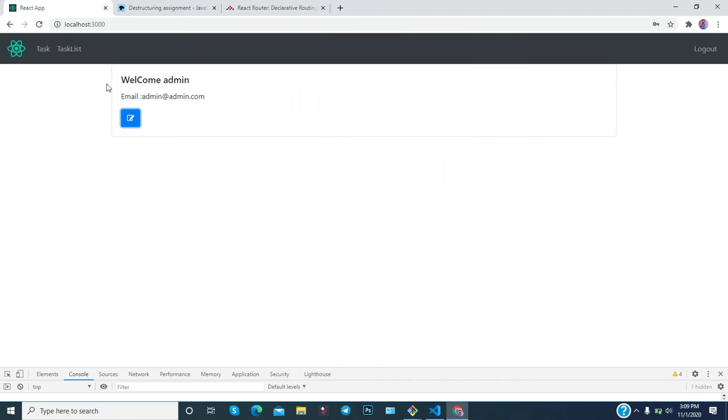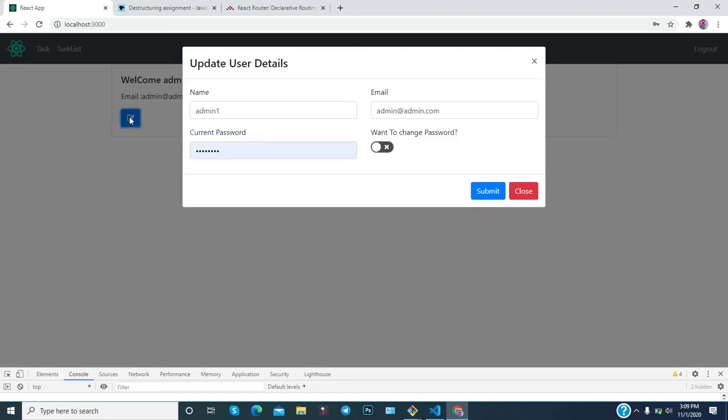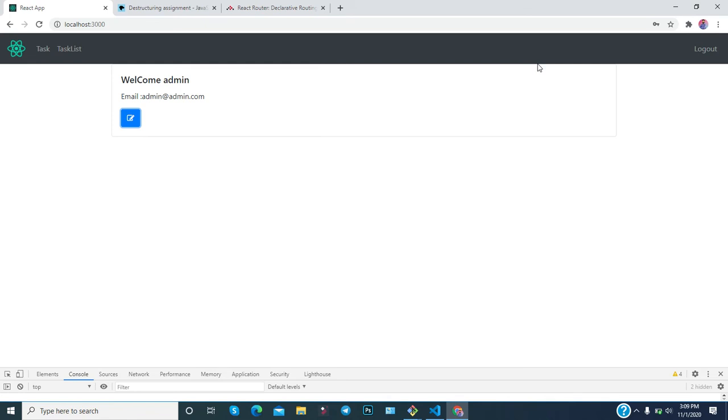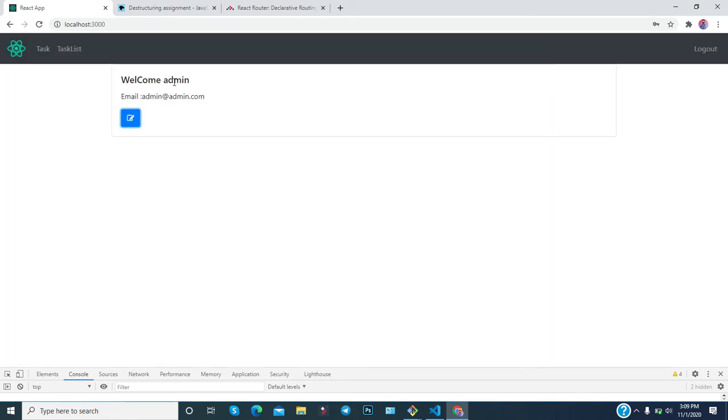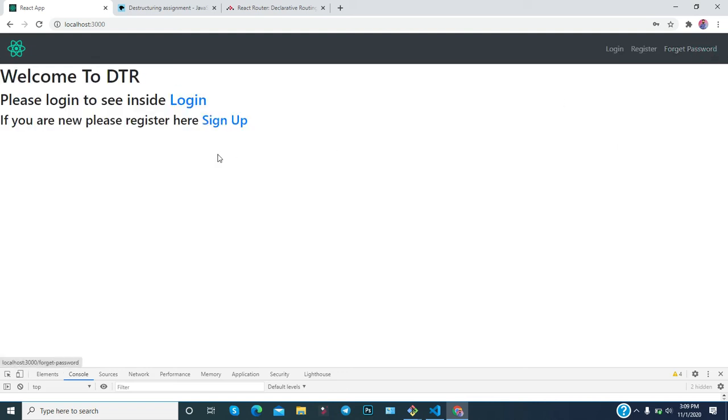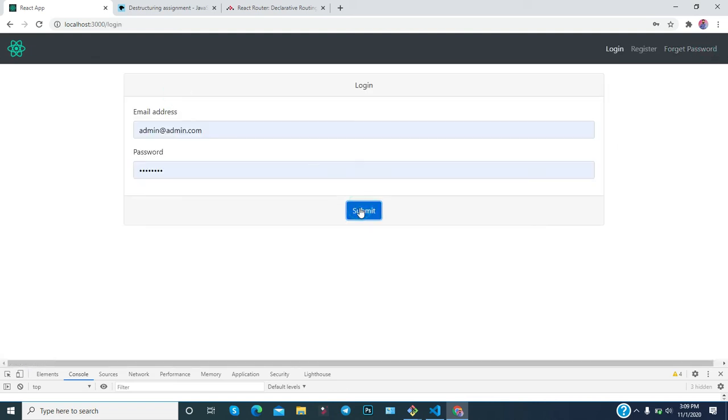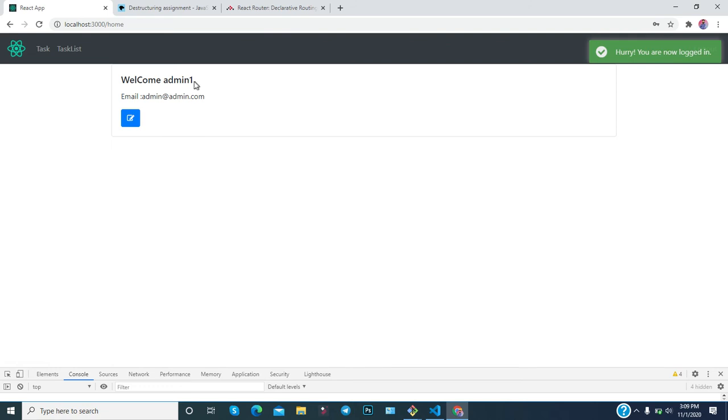Now if I go to task, since the user is updated but this information is not saved in the global state in Redux, it is not showing the latest name here. Otherwise, if you log in and visit again, you will see admin1.